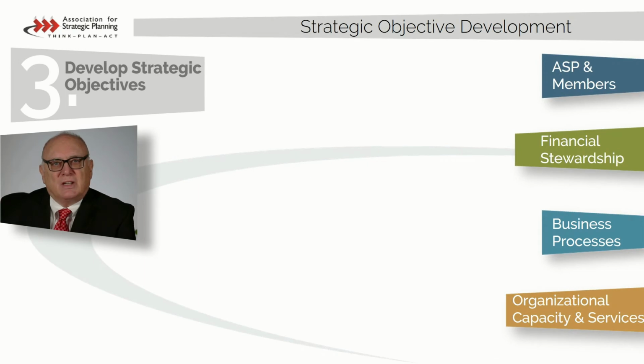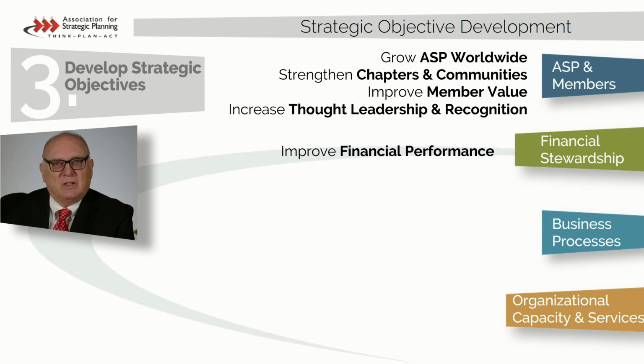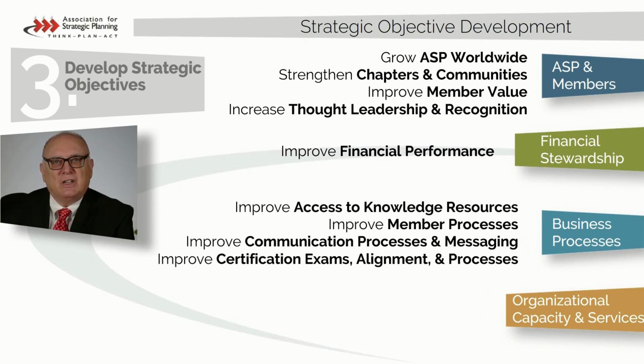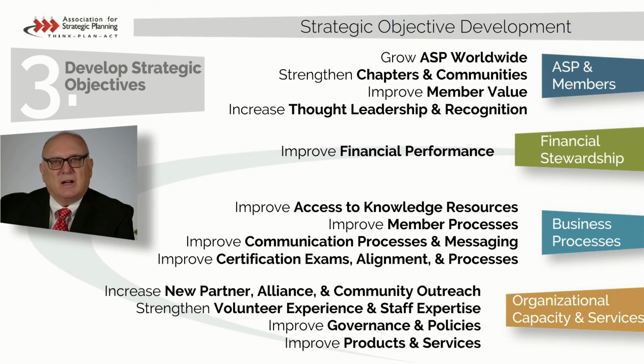Strategic objectives are a key element of any strategy development. Think of these as the DNA of your strategy, the basic building blocks for defining strategy and turning them into action. Thirteen strategic objectives describe the ASP strategy. These are written in continuous improvement language, and these objectives then form the structure for ASP programs and initiatives to accomplish our mission and achieve our vision.